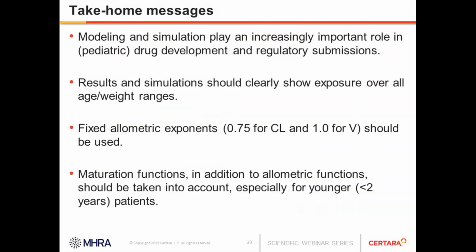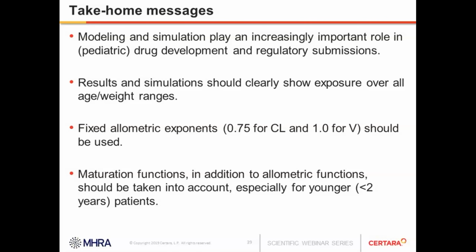So as we've said, modeling and simulation is playing an increasingly important role in drug development, and especially pediatric drug development and regulatory submissions, where in pediatric drug submissions, it is nearly always crucial that we use modeling and simulation. So the results of simulations, whether they're being submitted as PIPs or in marketing authorizations, should be clearly shown, and the exposure should be given over the different age and weight ranges provided,